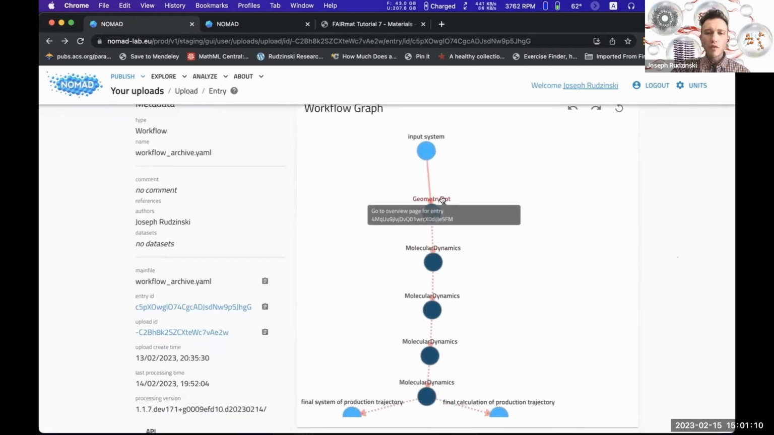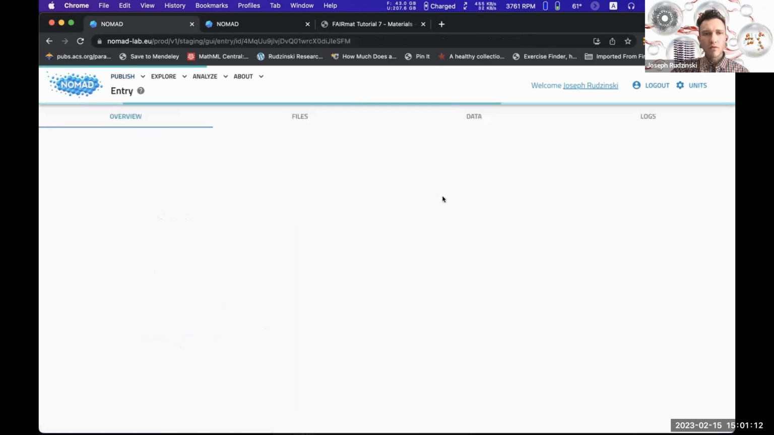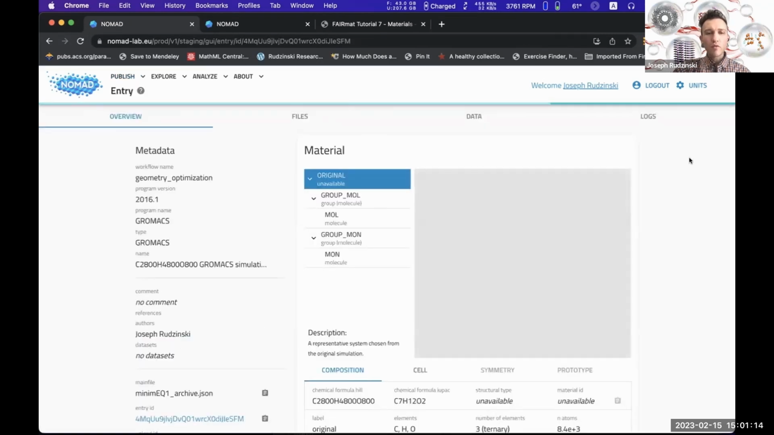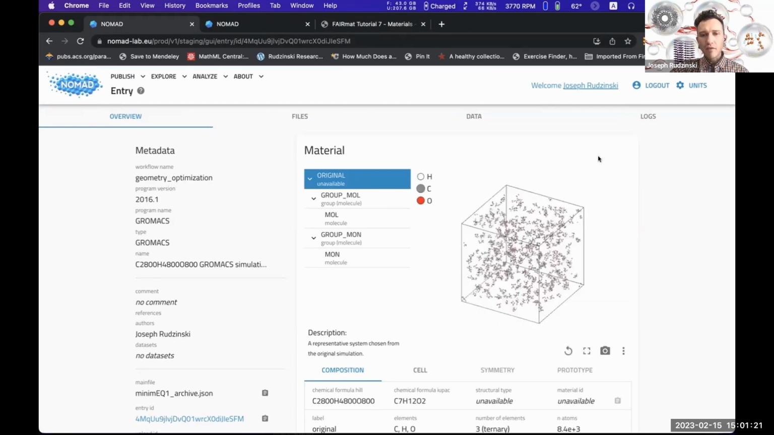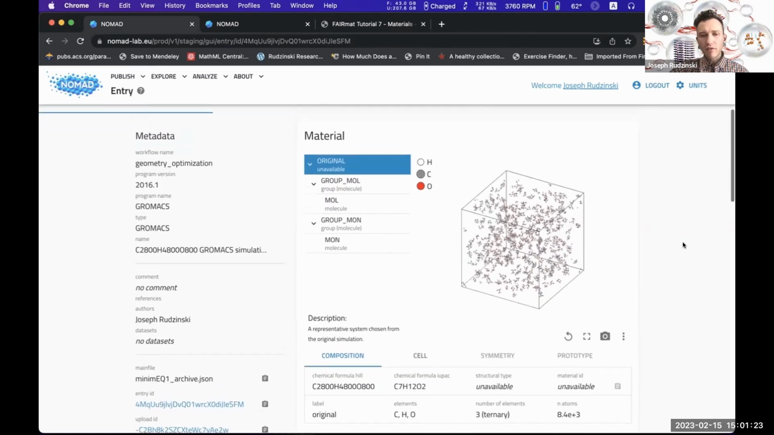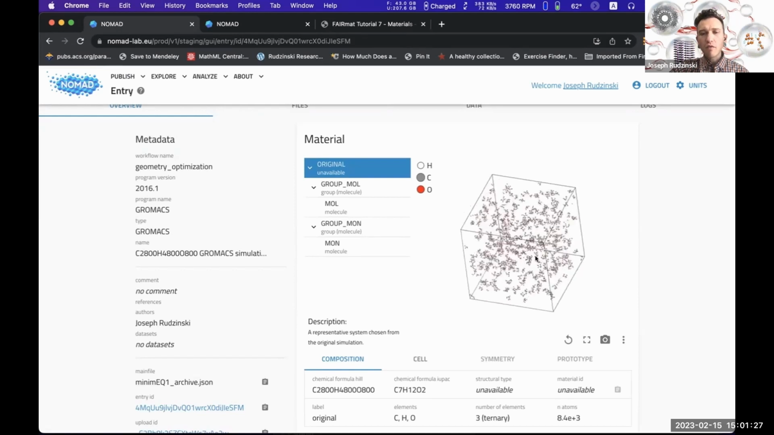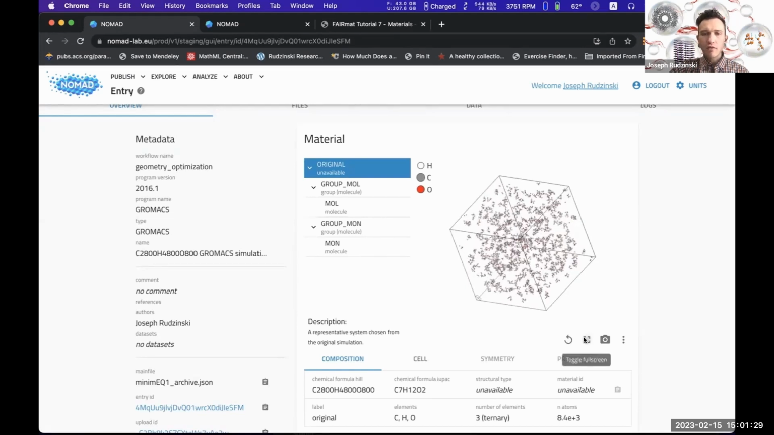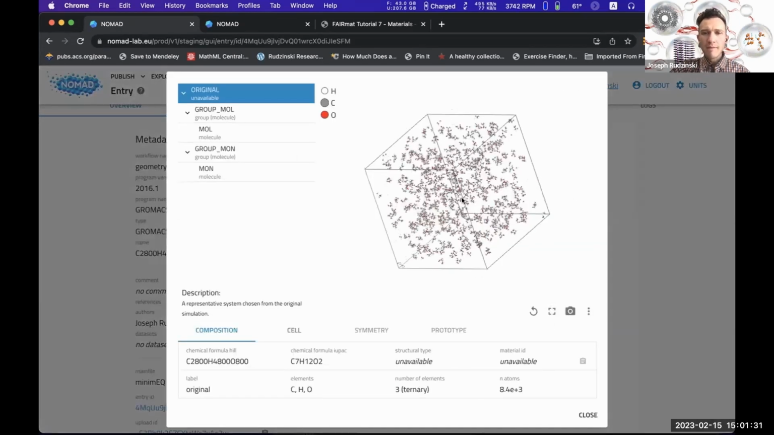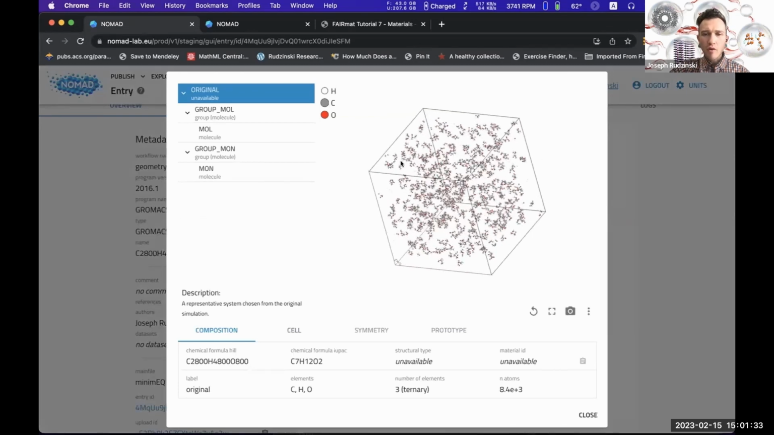Okay, let's go to the geometry optimization page. So this will take me to the entry page for this simulation. And now I have this material section, which shows me the system. So it's a representative configuration of the system in this visualizer. I'm going to open this up a little bit bigger. And I can see that there are some molecules in